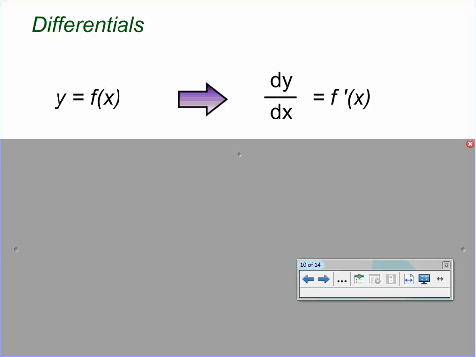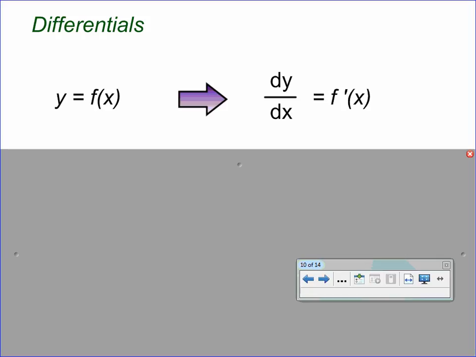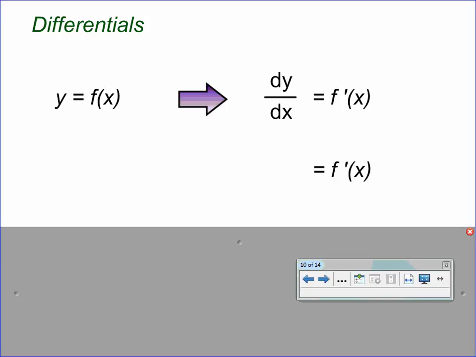And so I changed this from the printable this morning because it made sense to me to start with the original function y equals f of x. In Leibniz notation, recall that we could take the derivative of both sides and we generate dy dx, the derivative of y with respect to x, would be given by f prime of x. Now, while Leibniz considered this as a quotient, if we were to think about this dy and dx as separate entities, dy representing a very small change in y, an infinitesimal, Leibniz called it, and dx a very small change in x, a very small step, delta x, in my x values,